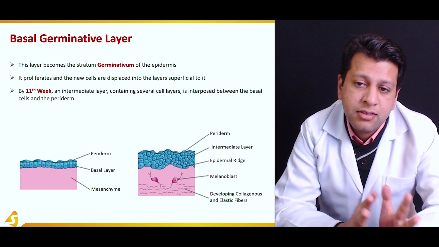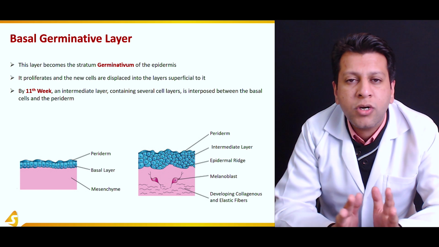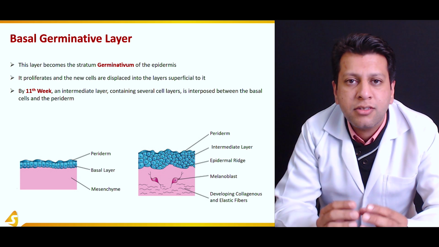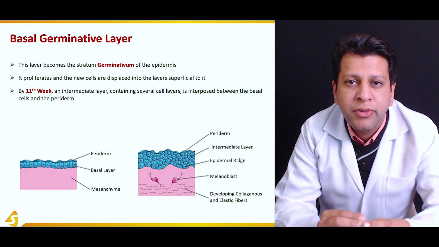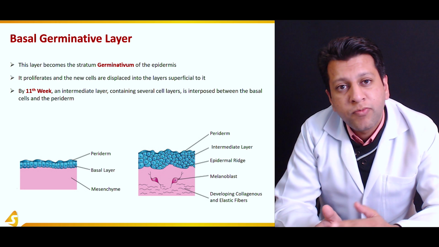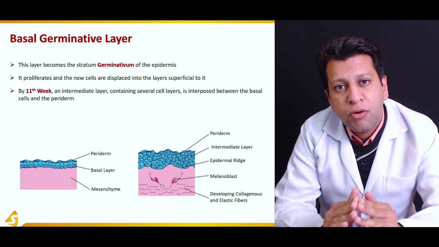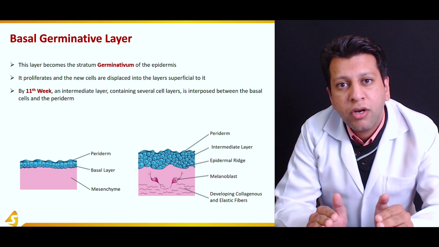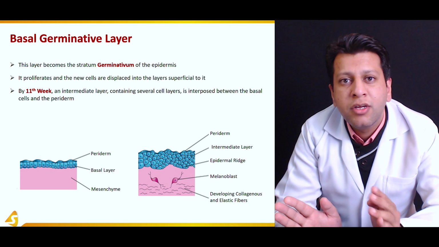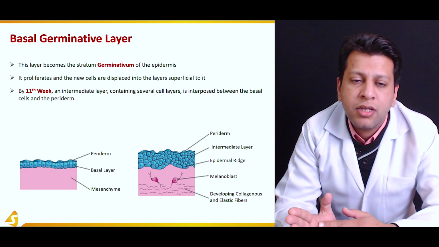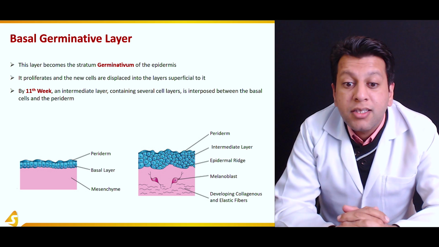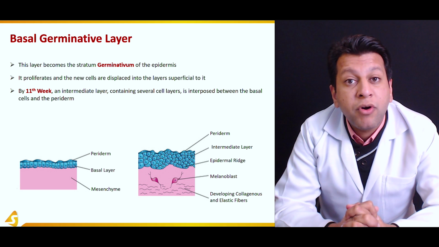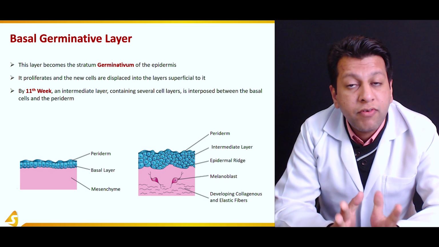And I discussed in the last section what keratinization is: as these cells are produced and pushed up, their cytoplasm shrinks and decreases in volume and is replaced by keratin. Once the keratin layer is formed, resulting in stratum corneum formation, they are shed off, and this shedding of the outermost layer is termed desquamation. So this layer becomes the stratum germinativum of the epidermis, as we discussed in the 5 layers